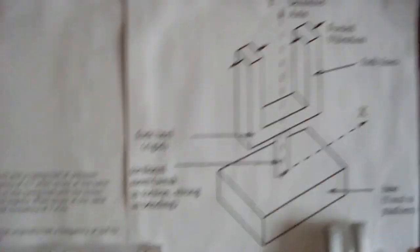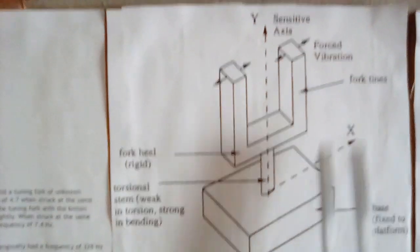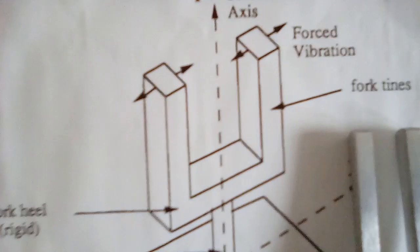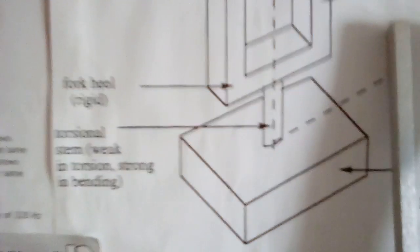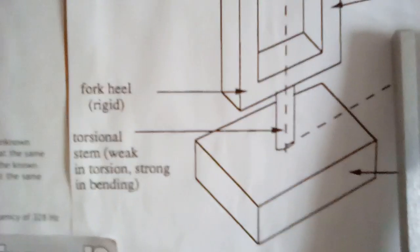The tines. When these tines, some people explain them in different manners. Okay. Force vibration in and out. The fork, that's how they say it, tines. And it's always going to a time, right? Okay. Now, once again,